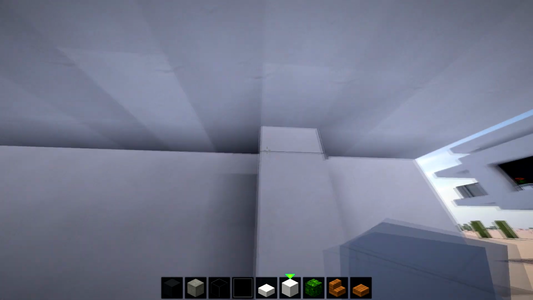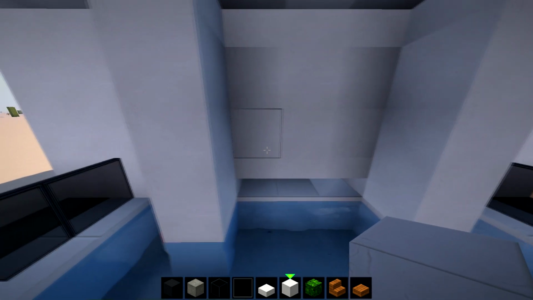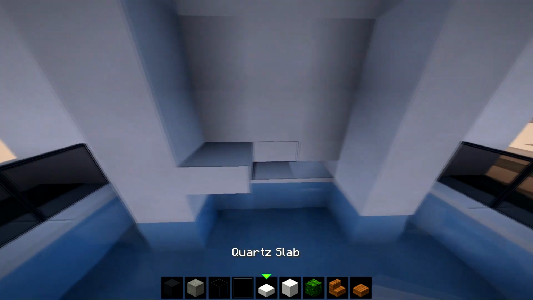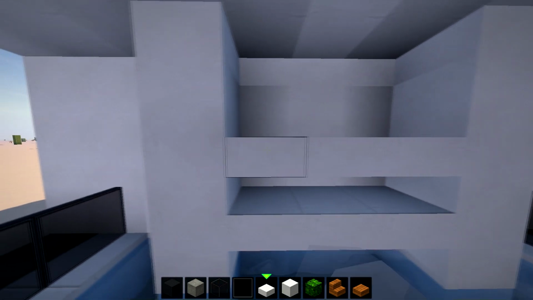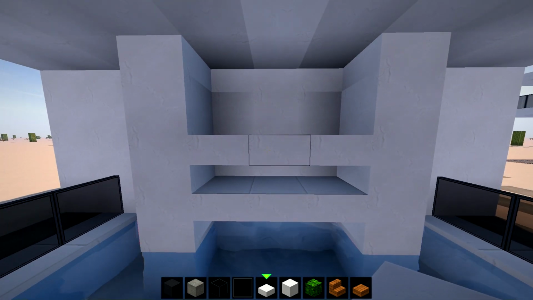You can actually take that out so you can put it in just either side of it. And then you can have a little shelving system, just like kind of something like that. You can put some plant pots on there. So finishing touches would be...